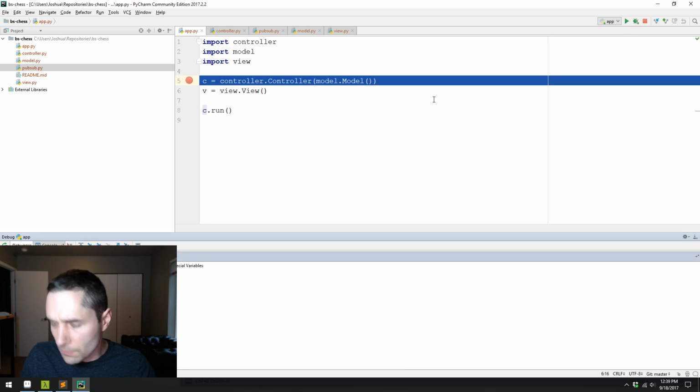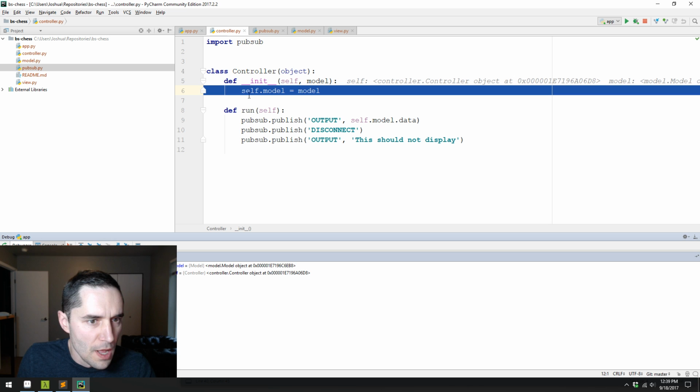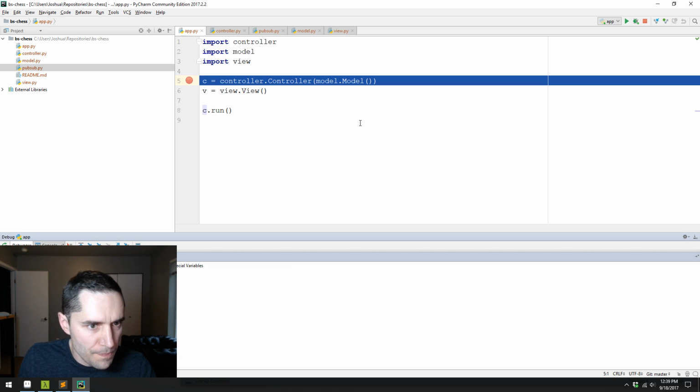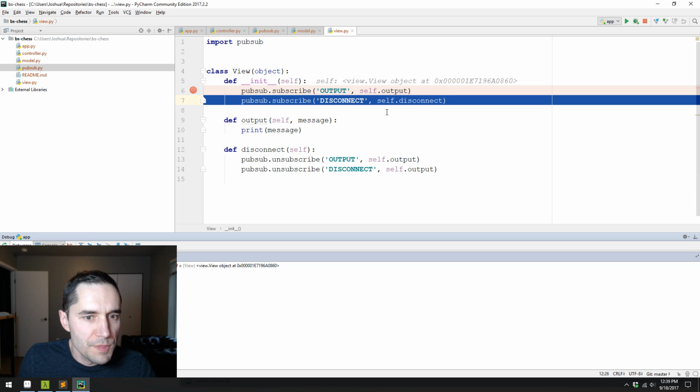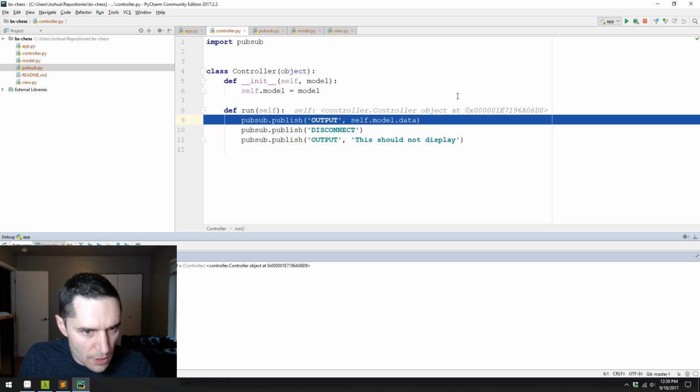Debug. So we're stepping into here. This is just a very simple constructor for the model. All it does is just have this data here. We don't care about that. Step into controller. The controller just has a pointer to the model. Okay, that's cool. We step into the view. The view subscribes to a couple of events. That's cool. We step into the controller. The controller